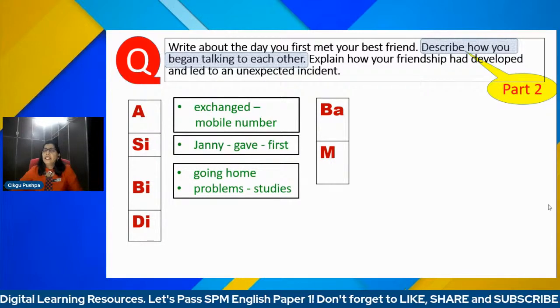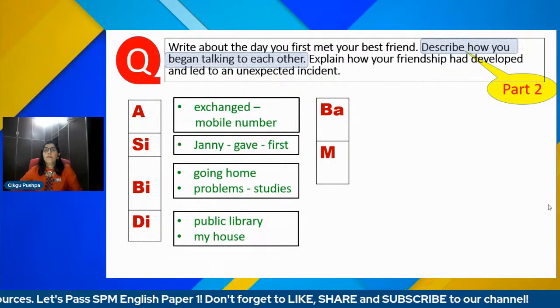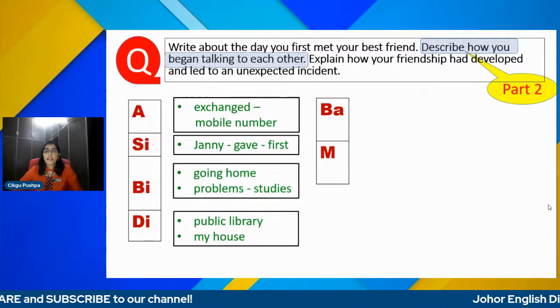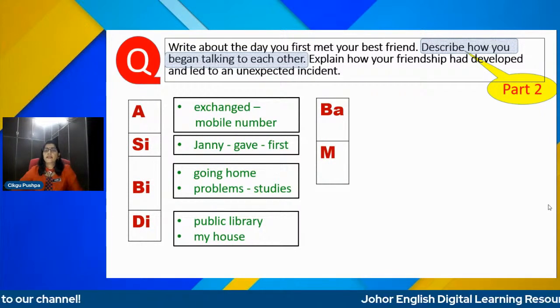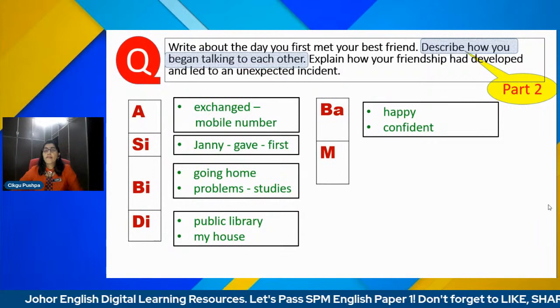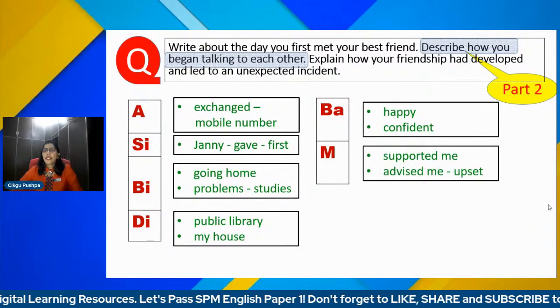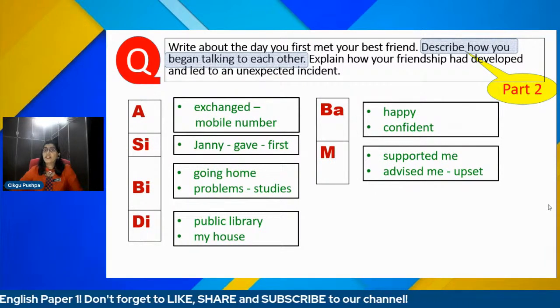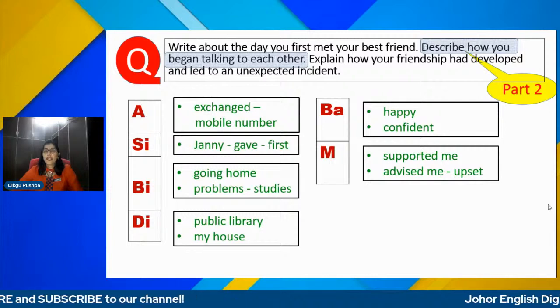Well, now, di mana? Where? Okay, public library, or perhaps your house. So try to think in order to get the words or phrases to help you write sentences. Now, bagaimana? How did you feel? Yes, happy and also confident because you have a best friend now, right? Why? Because she always supported you, or perhaps she advised you. You see, so this is how you are going to get words or phrases with the help of ASIBIDIBAM. Remember